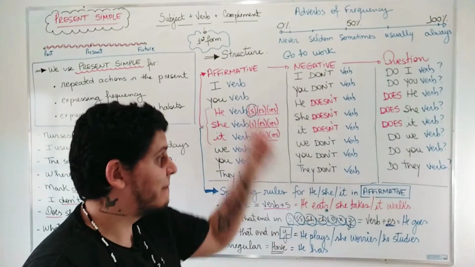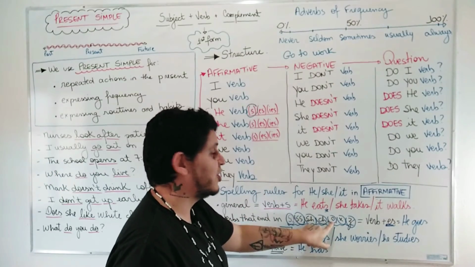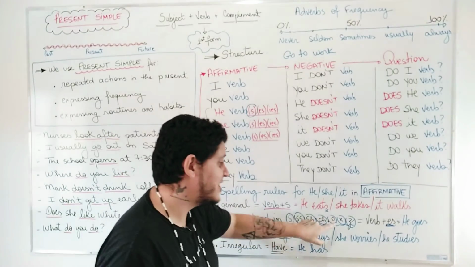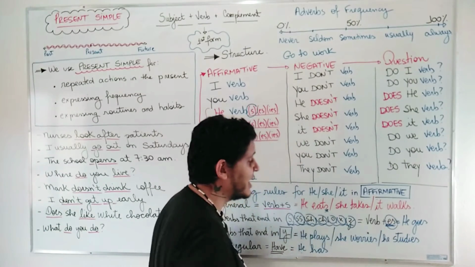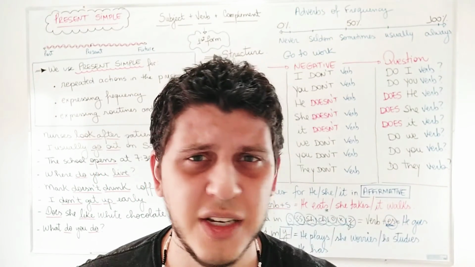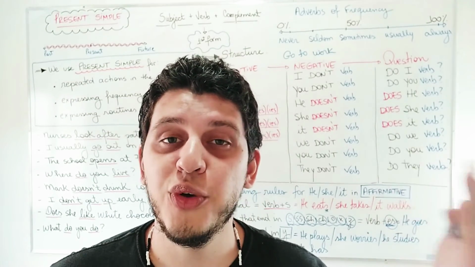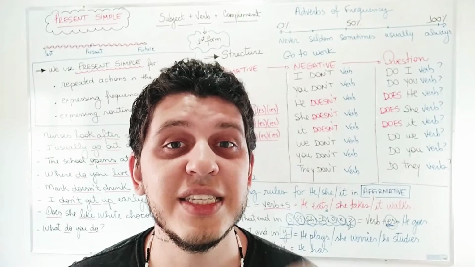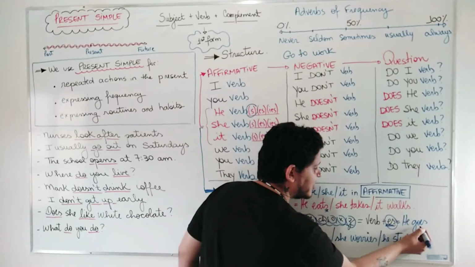The verb doesn't change, but for he, she, it, I need to make some changes. This verb finishes in O, so it's not a normal, a common, an ordinary verb. No, it's a special verb. If it finishes in O, we need to add ES. But as I said previously, we don't pronounce it "goo-es". This is wrong. No, no, no, no. The pronunciation is the same. We just say "goes", as if we were adding only the letter S at the end. The pronunciation is "goes", but we write G-O-E-S